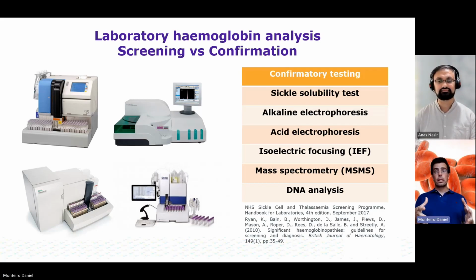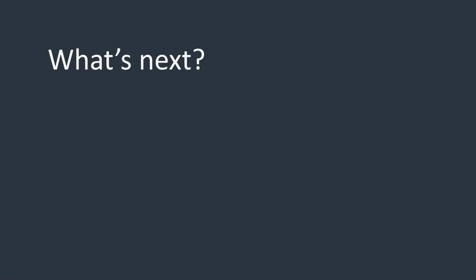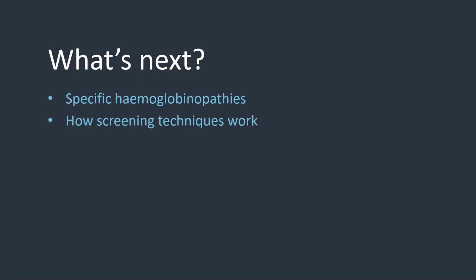One of the tests done when a lady is pregnant is looking into haemoglobinopathies as well, because what she can pass to the baby needs to be analyzed. What we want to minimize is babies being born with diseases, or at least the parents will be informed about it. In the next few videos, we'll look at some specific haemoglobinopathies in more detail,